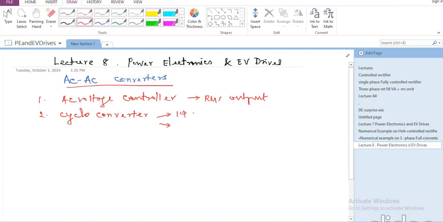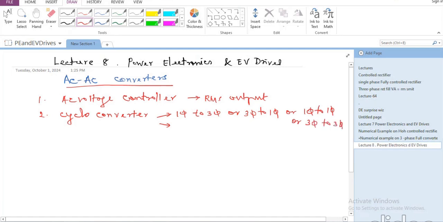You can have single phase to three-phase, or three-phase to single phase, or single phase to single phase, or three-phase to three-phase. All these types are available in cycloconverter, and you would be able to change the voltage magnitude